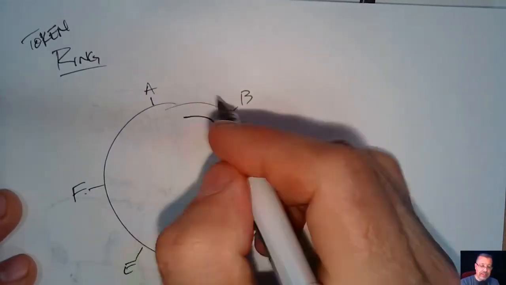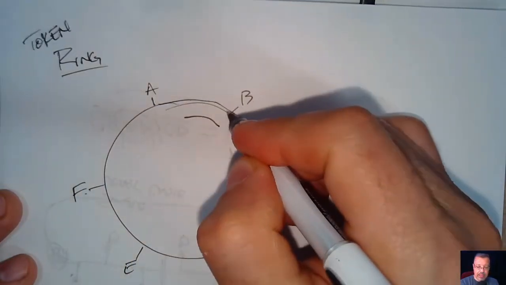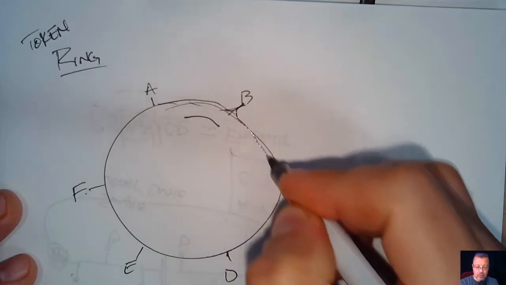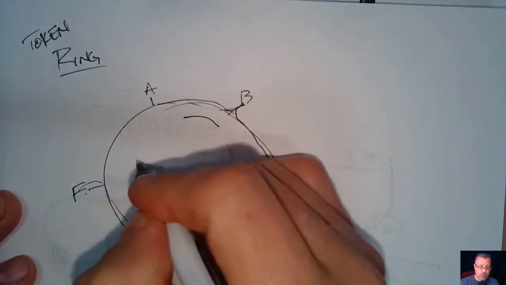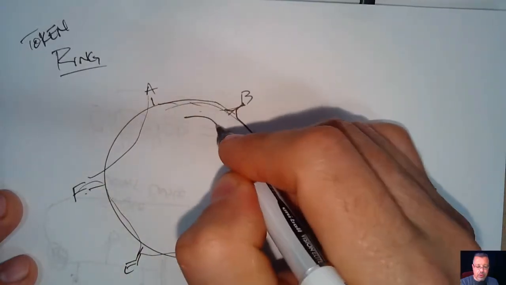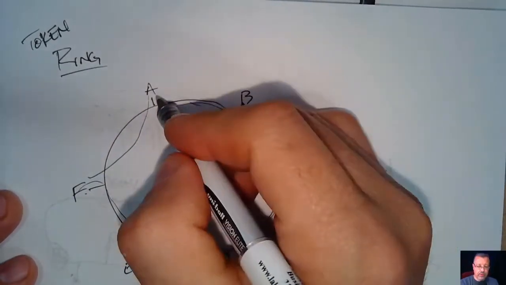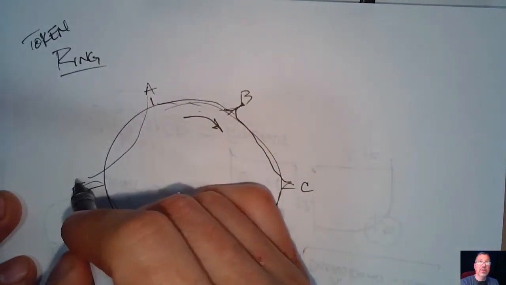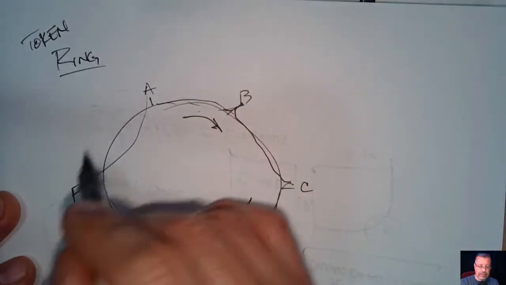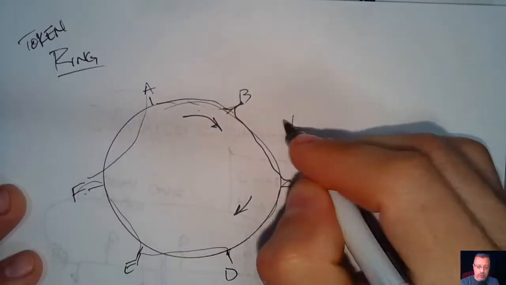So in this, if you think of a tube that runs around and kind of stops and then goes and stops and goes and stops, that's how this works. Okay, so there actually is a flow direction. So it goes from A to B and B to C and C to D and D to E and E to F and then F to A, and it just rotates that way. Now, the way that this works with token passing,